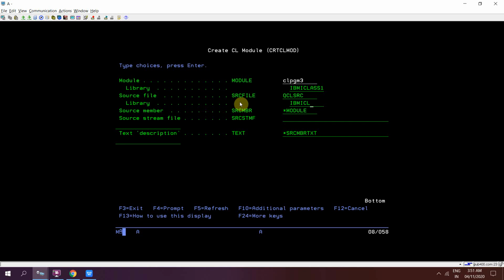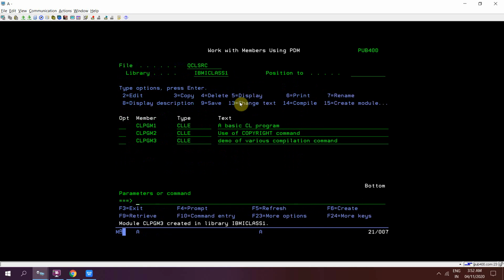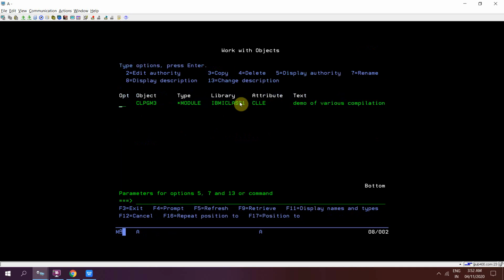IBM I class 1, and source member would be CLPGM3. So module is created. Just work with objects. So now we can see that CLPGM3 star module type object has been created in IBM I class 1 library of